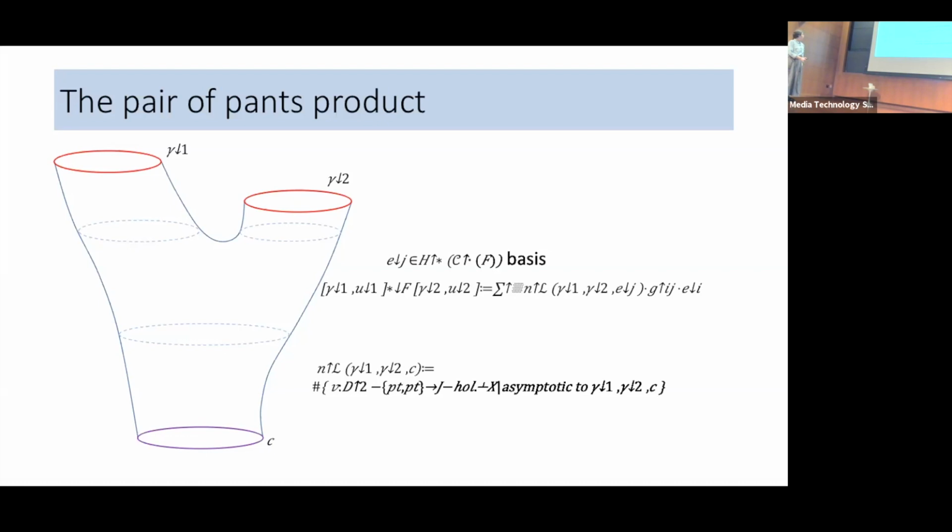So we take a pair of pants that has legs, that's where the legs sort of go to those given loops, and we see where the third leg goes. That gives you the output of the product. So maybe the flavor of this product looks familiar, hopefully, because it sounds similar to what we did